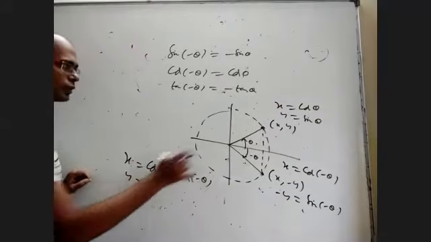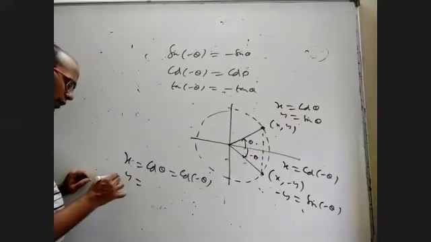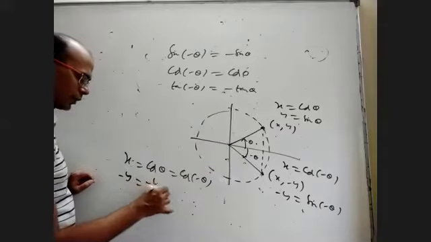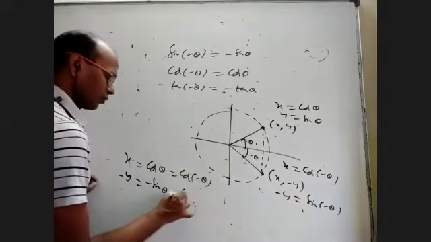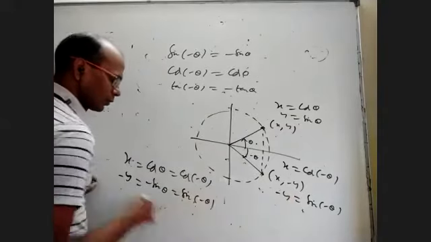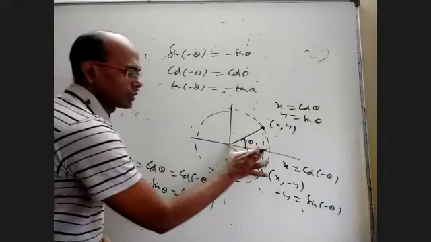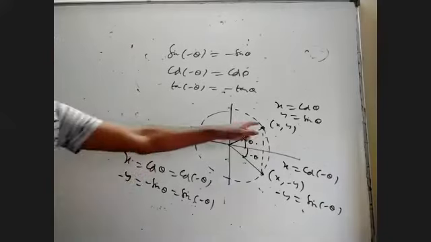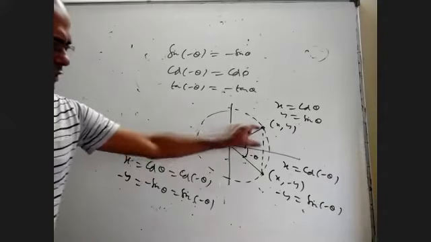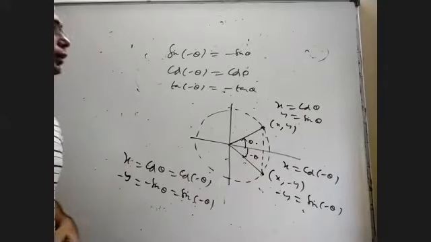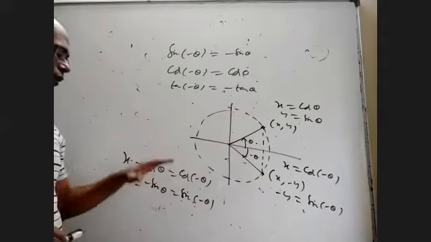If you take y, here it is, or if you take minus y, according to this, it is minus sin theta. According to this, it is sin of minus theta. That's why cos minus theta and cos theta are equal, because both are the x coordinate of these two points. Even though the lengths are equal, the y coordinates are opposites.